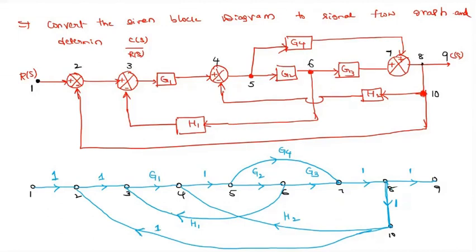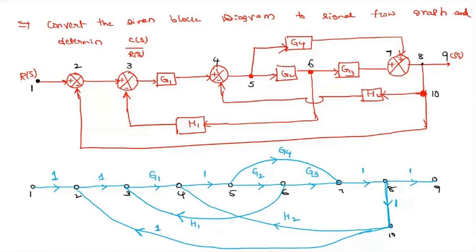So this is the diagram converting from block diagram into signal flow graph. Let me explain one more time. The first step is to indicate the nodes in the block diagram. While indicating the nodes, the input should be one, the output should also be one of the nodes, the branch point is also one of the nodes, and the summing point is also one of the nodes. If two blocks are cascaded, in between them you can also take one node. After identifying the nodes, the second step is to indicate the nodes as circles and give the numbering 1, 2, 3 like that.